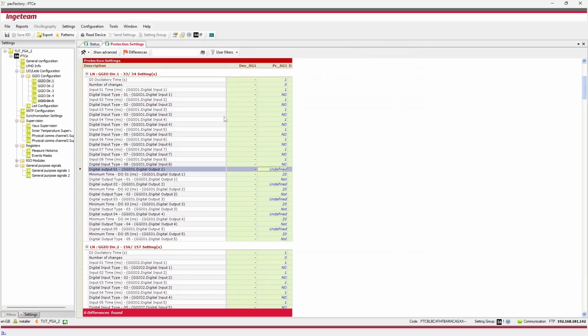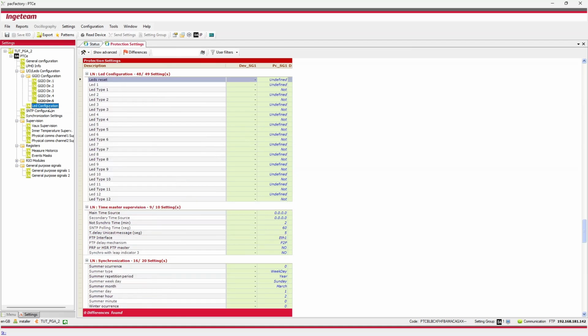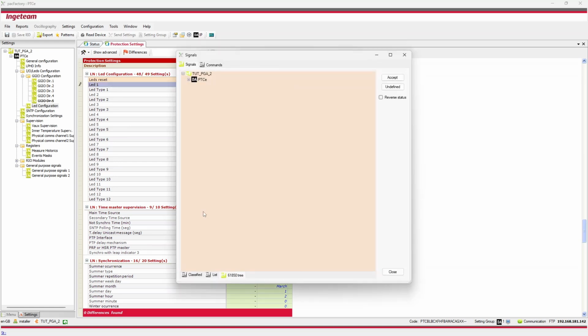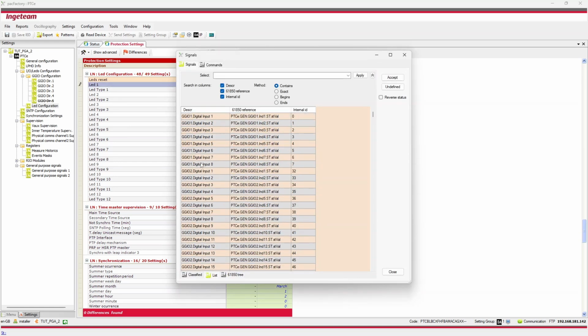As far as the LED configuration is concerned, their parameters can also be found in the Protection Settings tab, just below the configuration parameters of the I/O cards. The LEDs have 2 parameters only. The first parameter links one of the binary type signals in the IED model to the LED status.